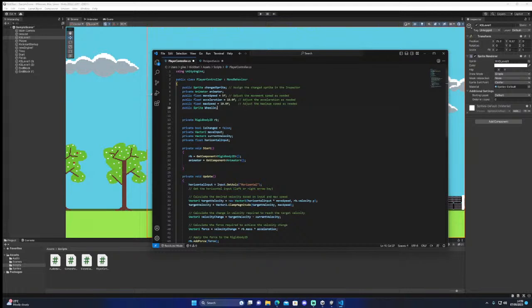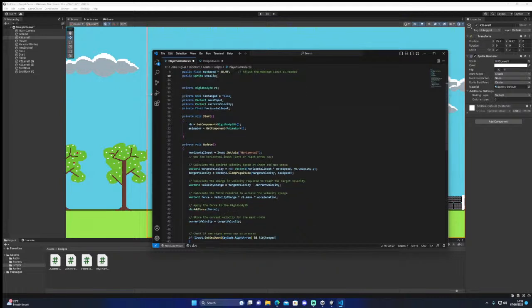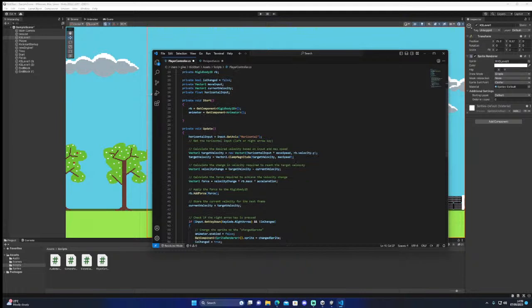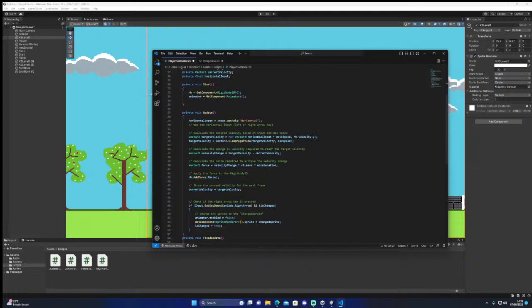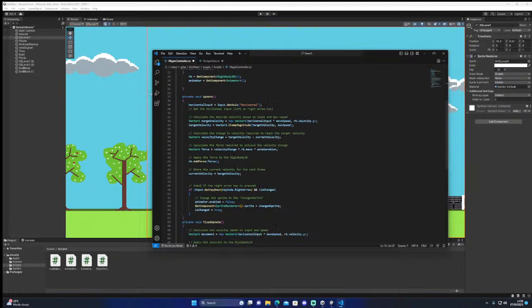Wheelie. Right, so that's going to do that. And this is get input. Then we've got get force. Then we've got get input here. Let's do that.